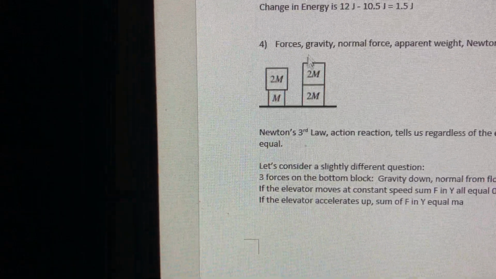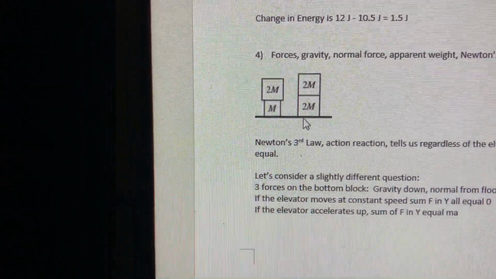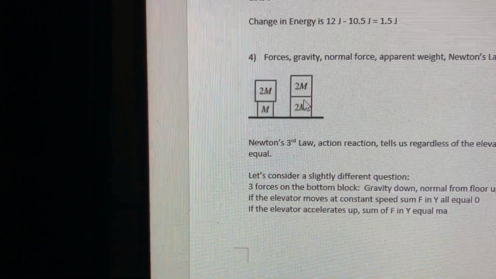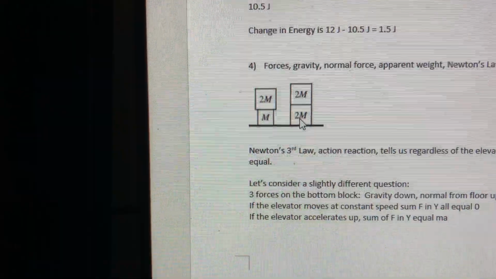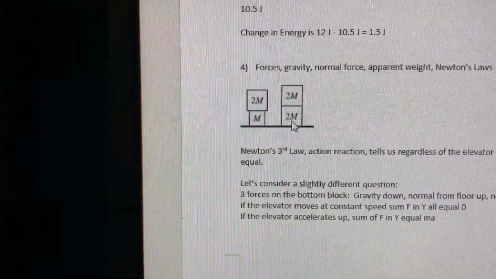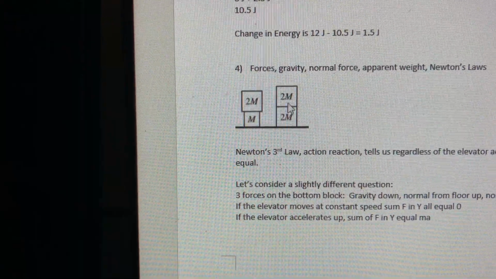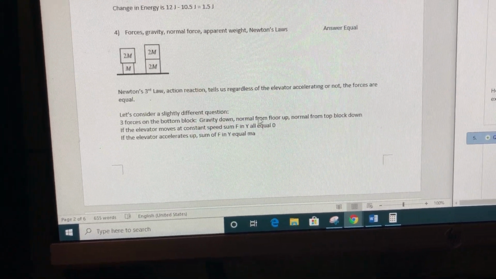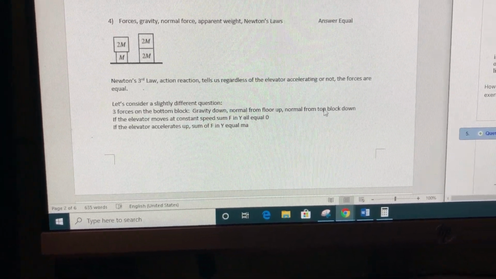It has the floor pushing it up, that's the second force. And then there's a normal force due to the top block, that's the third force. So it's got two forces going down, gravity and the normal from the top, and one force going up, which is the normal from the bottom. So there's three forces on the bottom block: gravity, normal from the floor going up, normal from the top block